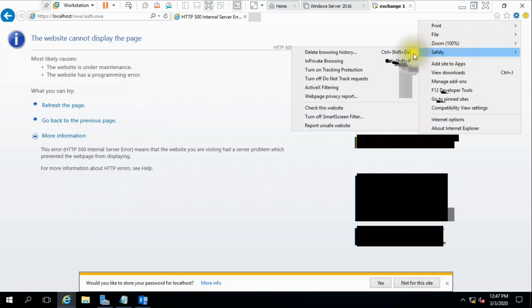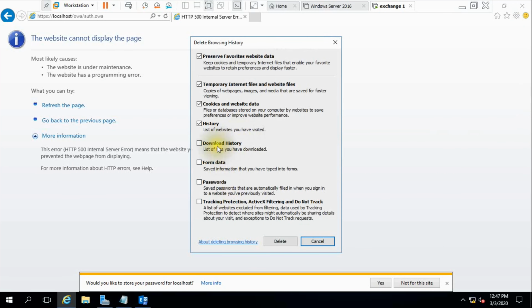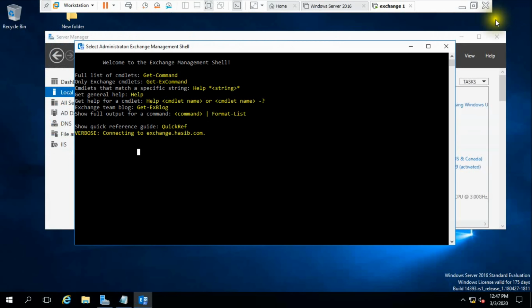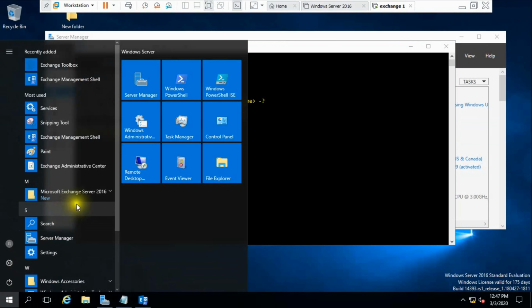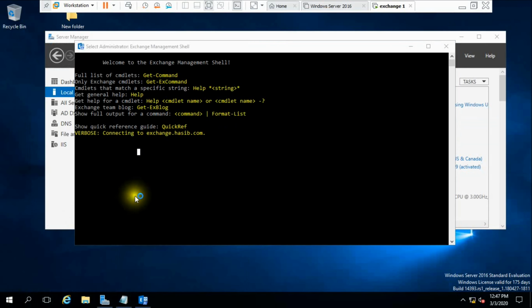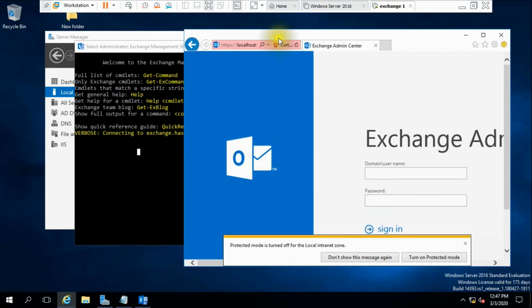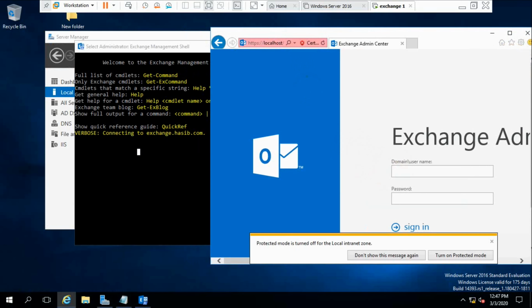While it's connecting, we can clear our browser history and cookies. Delete. Close the browser and you can reopen the Exchange Admin Center in this browser. Continue to this website. Signing in.